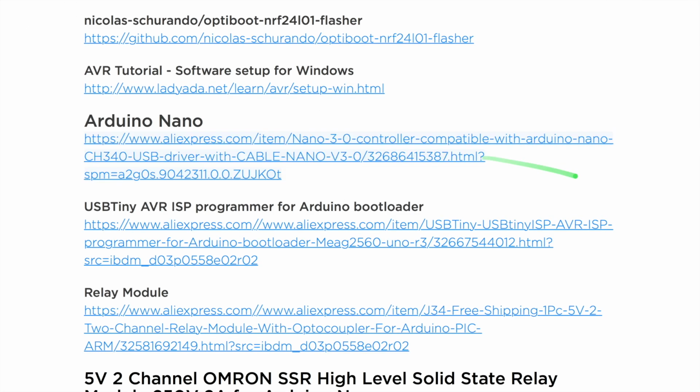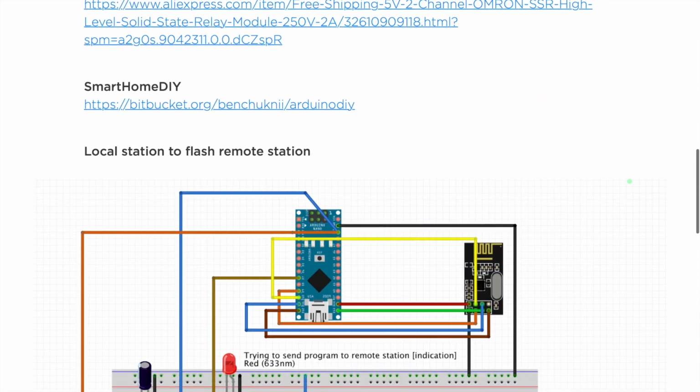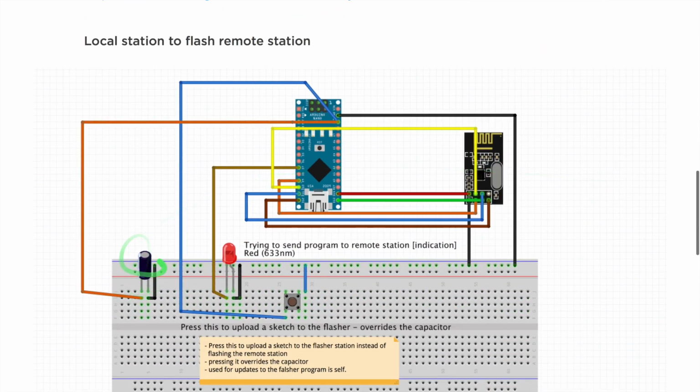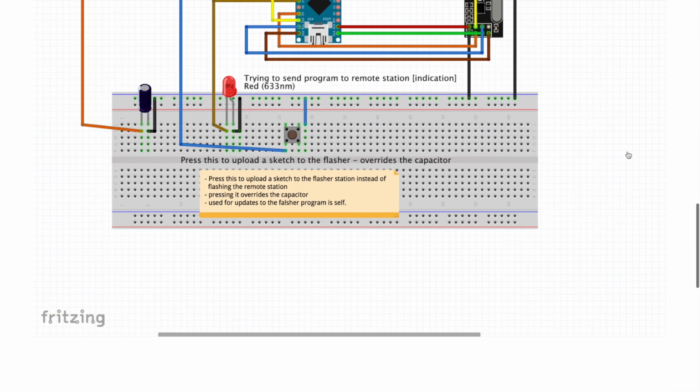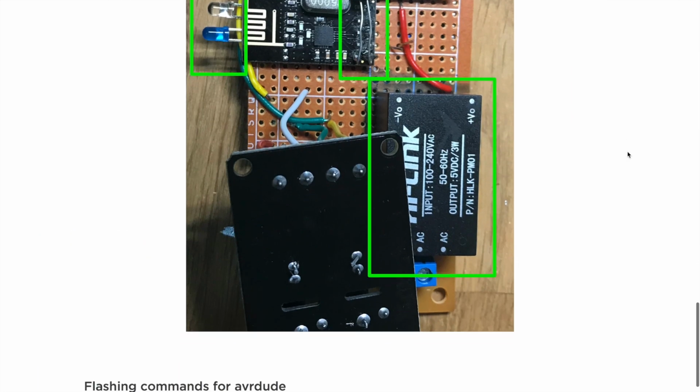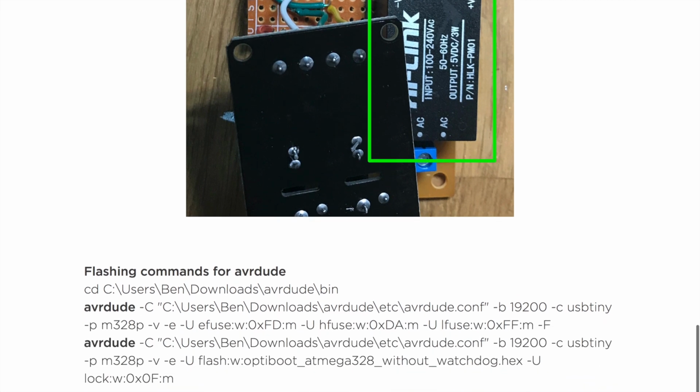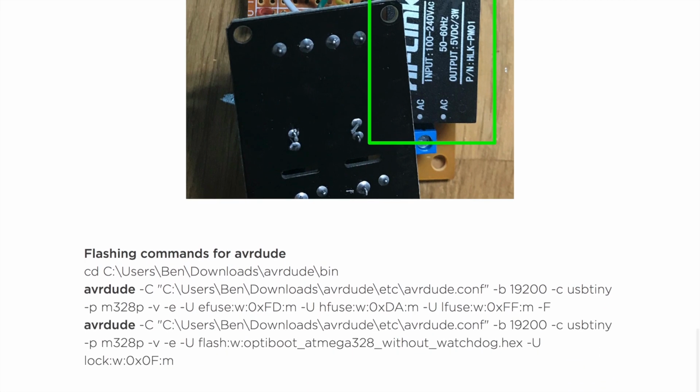Okay, a simple couple of commands which took a lot of time to discover, especially because of this thing. What happened to me is that every time I wanted to flash the remote station, I flashed this station instead, because I was not aware that it's resetting it and getting it into bootloader. So every time I tried it, it failed, and I thought it was the AVR commands, but eventually I found out it's not the AVR command, but actually